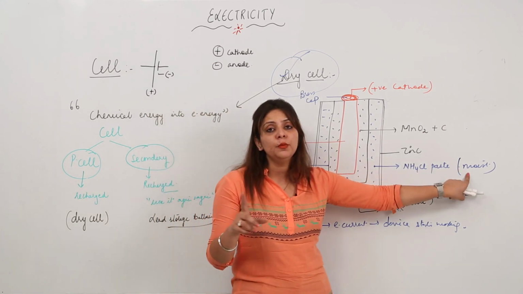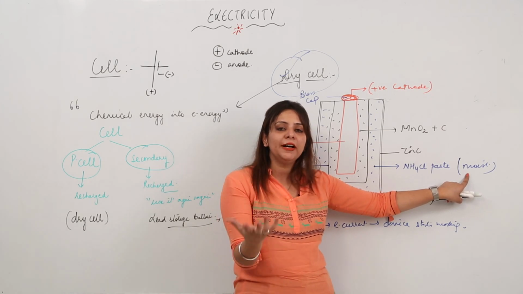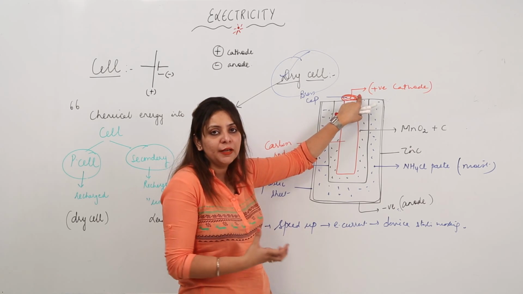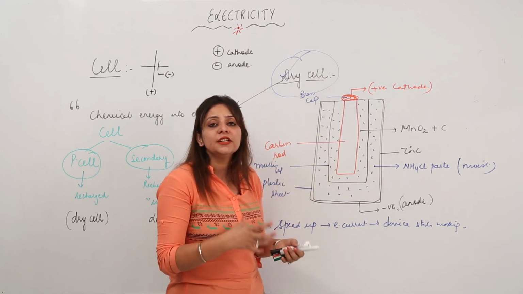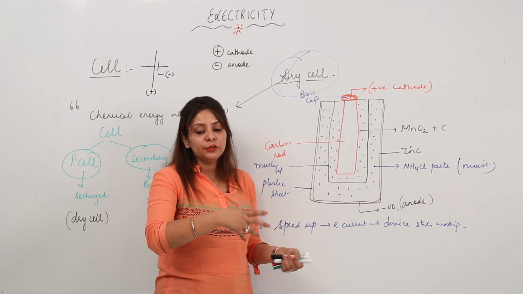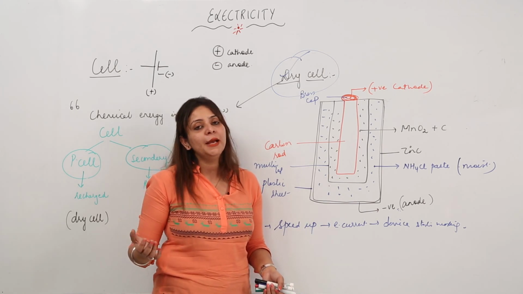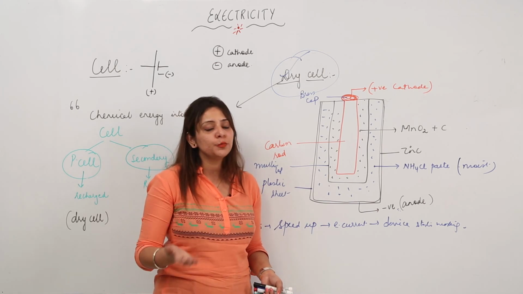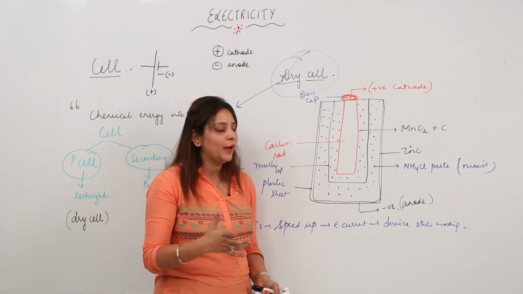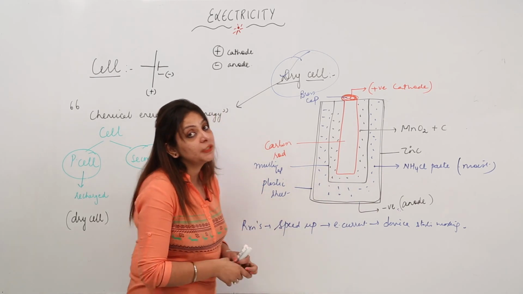I told you that the paste should be moist, because if it is moist, then only it will let the ions move from one place to another, as it is acting as a negative and positive electrode. So ions need to move from one place to another, and the charges will move only when the paste is moist. So whenever you bring the cell and keep it unused for a long period of time, it becomes dead, and it is not going to produce electricity, because the material present in it just vanishes. That means the moisture goes off and it stops working, and it becomes a dead cell.